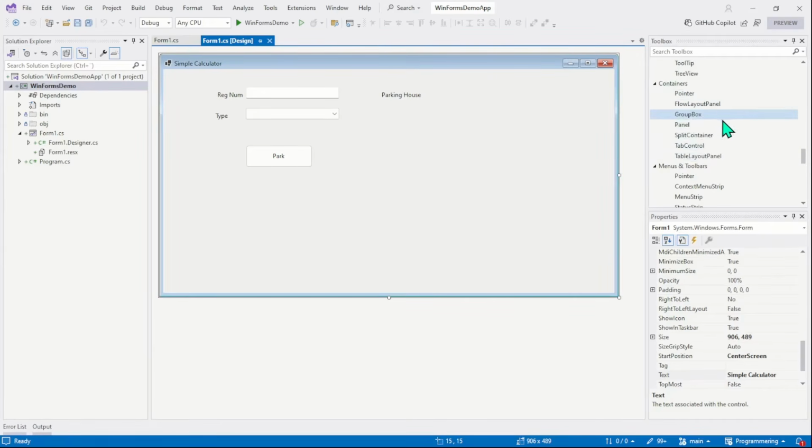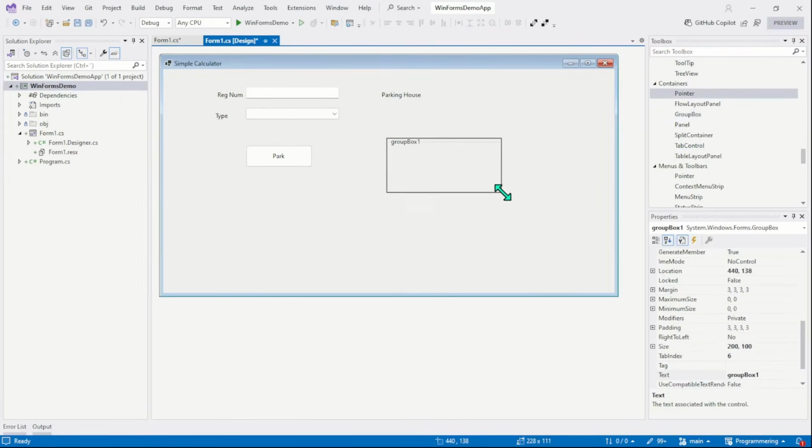We have GroupBox, panel, split container, TabControl, layout panel, etc. We will not cover all of them. We will cover the commonly used ones like GroupBox, panel, and TabControl. So let's learn the use of the GroupBox container. Drag the container onto the form, and this is how it